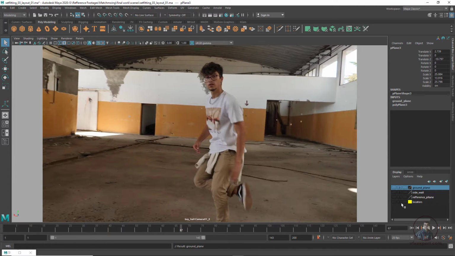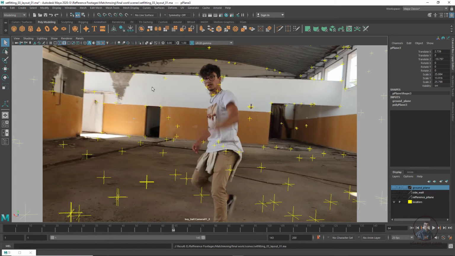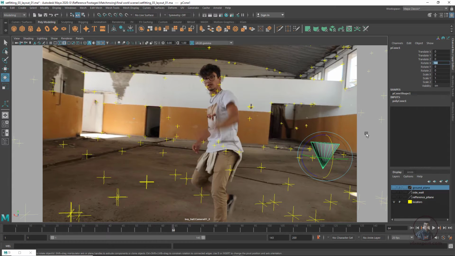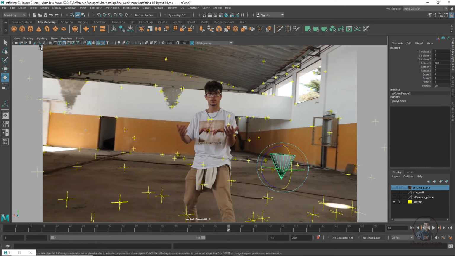Now enable our locators here. After this, Ctrl S. Now I am going to create some cones here. If you want you can import your cone models, or you can take this one also. I have taken this one here, so you can easily see, and a little bit rotate it, maybe 180. Then select shading, and switch off this wireframe mode here. Now you can see here, then resize it a little bit.